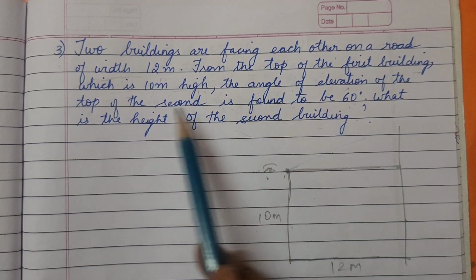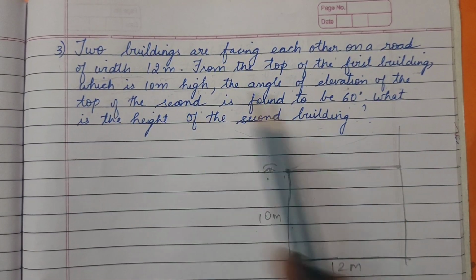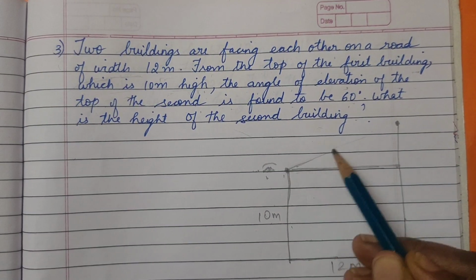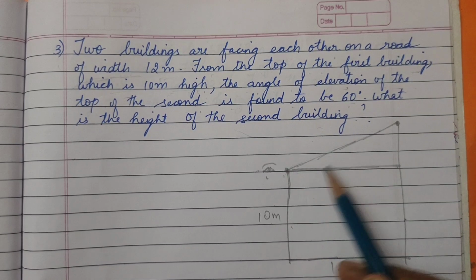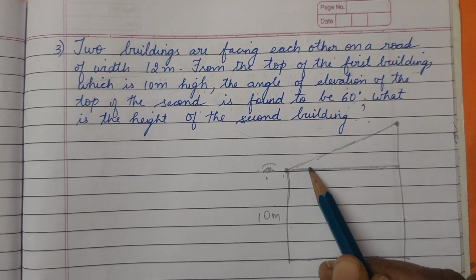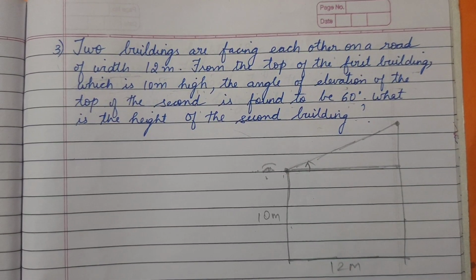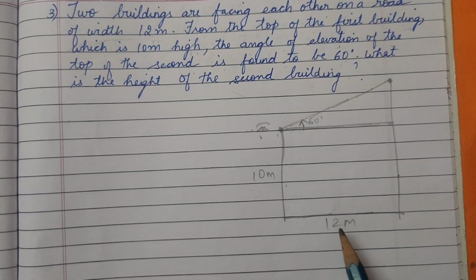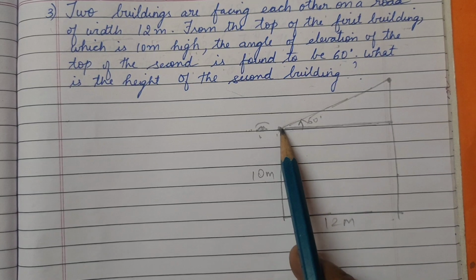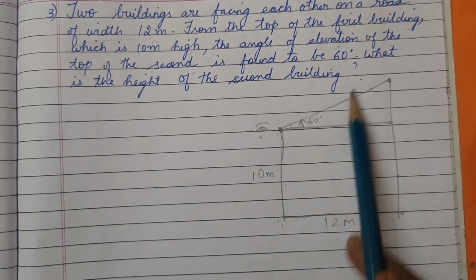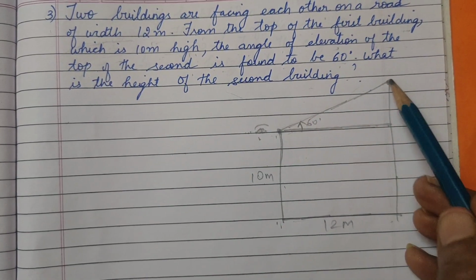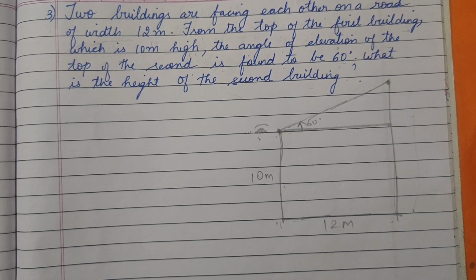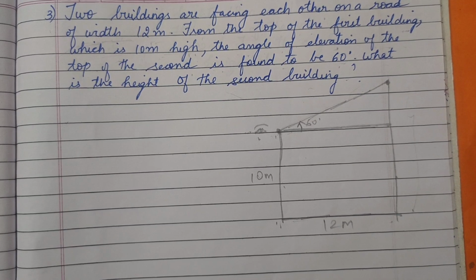कहाँ जा रहा है? ऑफ टॉप ऑफ द सेकेंड बिल्डिंग के टॉप में जाकर इसका एलिवेशन जा रहा है. See, it is going up. हॉरिजॉन्टल लाइन के ऊपर रहेगा तो it's definitely an angle of elevation. So you understood how it has come. This is 60 degree. So this is the distance between the two buildings and this is the height of one building. They asked what is the height of the second building. यानी ये पूरा building, second building का पूरा height क्या है? We need to find. Okay dear.